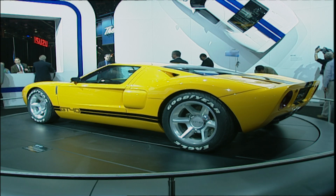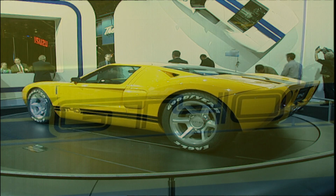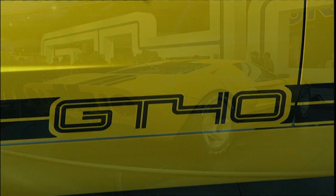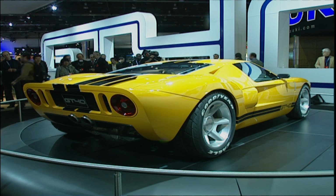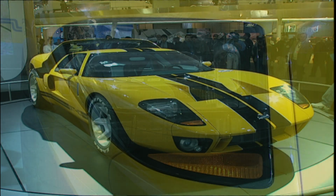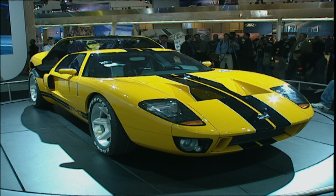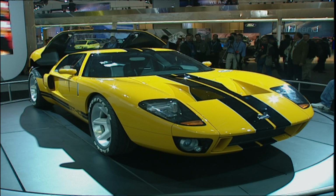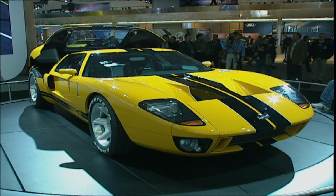But it's the name of legend that Ford wanted to have, of course, even to the extent of buying it back from the replica maker to whom it was incredibly sold years ago. Which may perhaps be a clue to serious production intentions, although there's plenty of argument about that. You only need to take one look to see that this GT40 is, like the original GT40, a racing car,